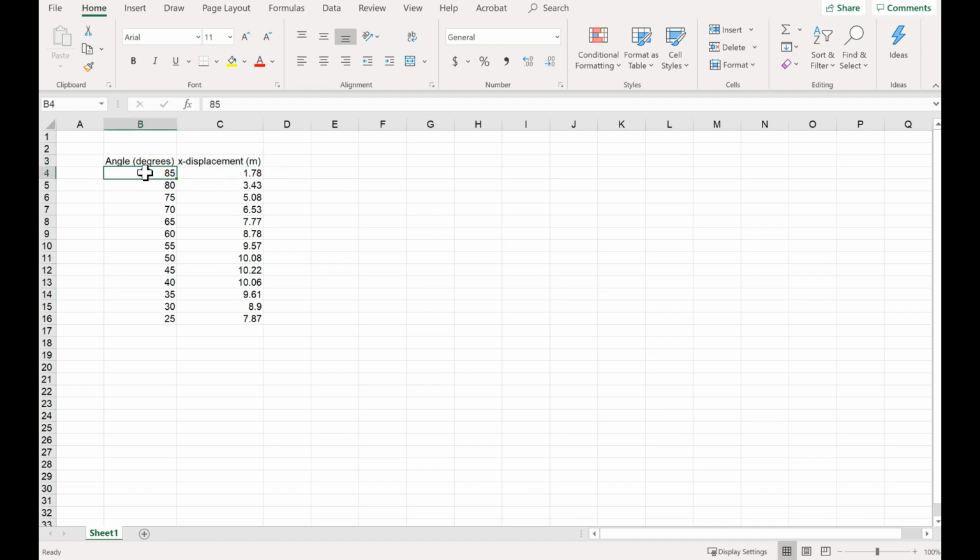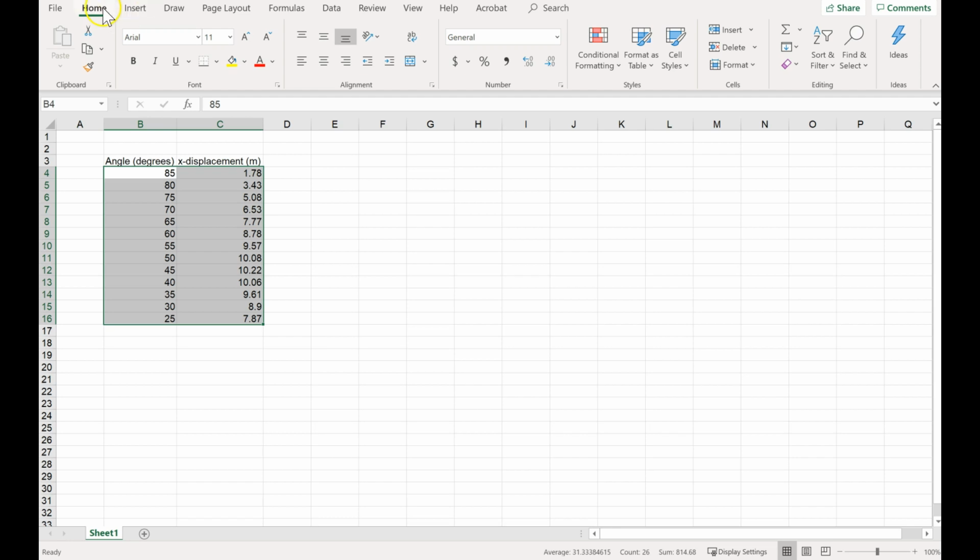Left click there and then hold down so that you can drag across and highlight all of your values. Again, do not highlight the column headers. Don't highlight text, numbers only. Click the Insert tab at the top,